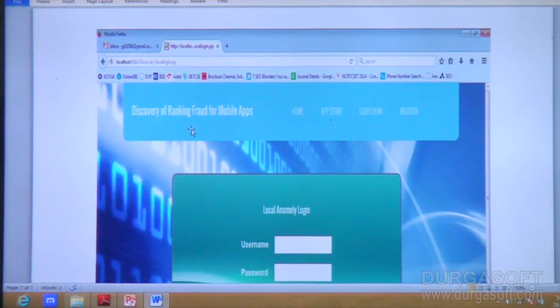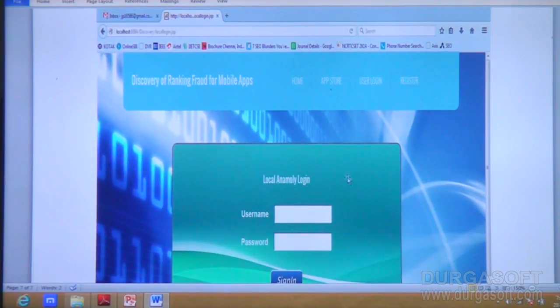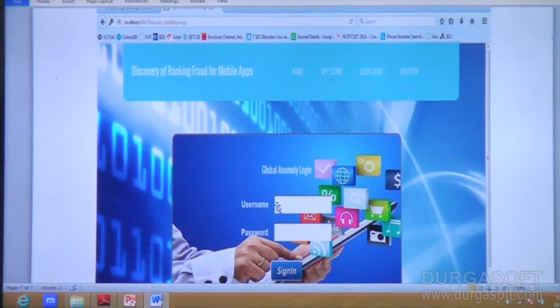We already saw ranking based, rating based, and review based. So we are collecting the evidences with the proposed algorithm, that is local anomaly and global anomaly.